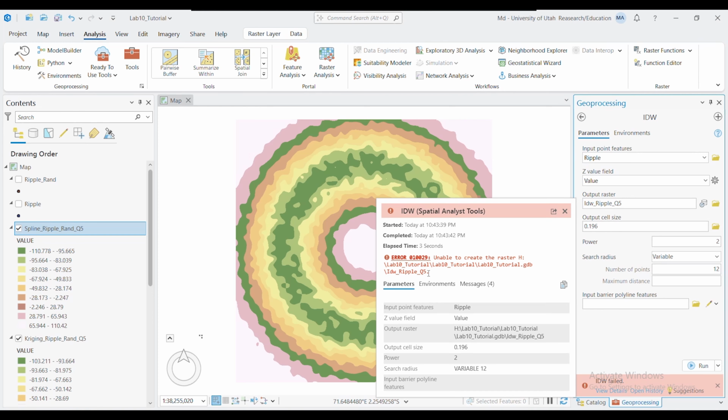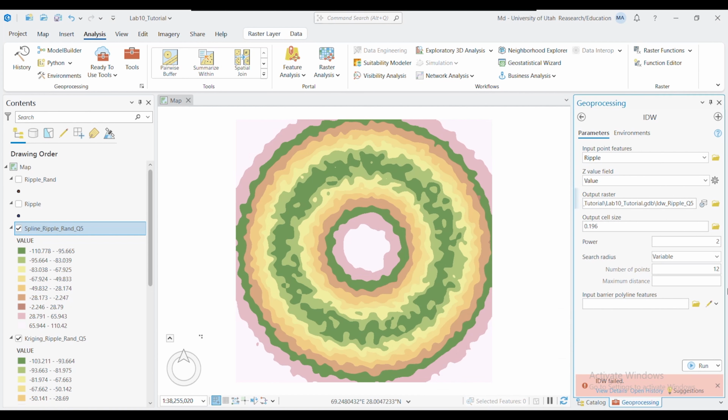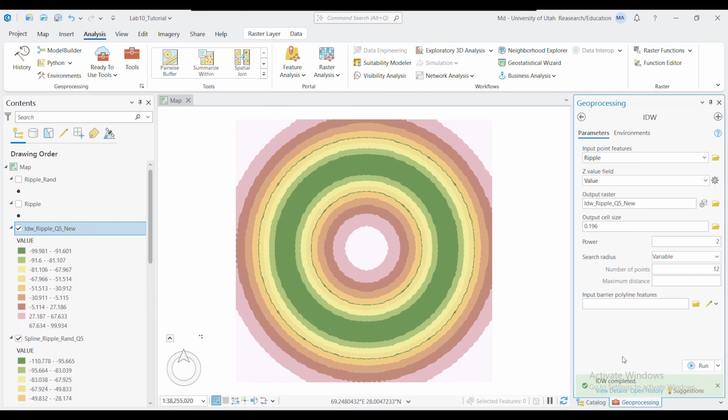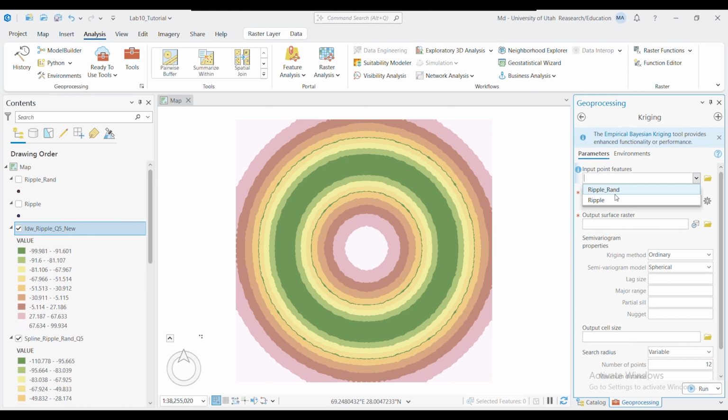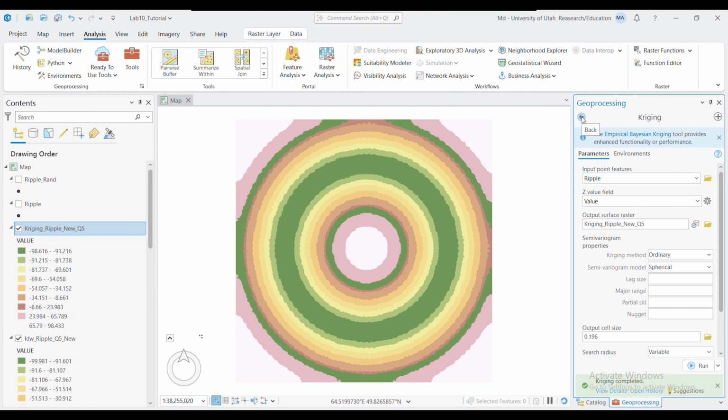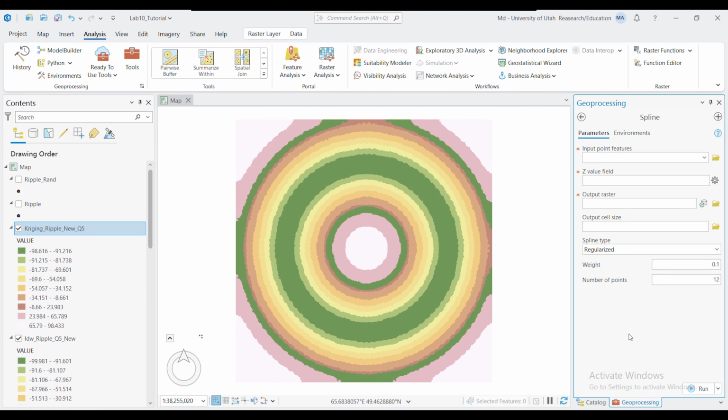Okay, it showed an error as I mistakenly created another raster with this name earlier. So you can just change the name of it, and I hope it will work. Now simply the other settings will be just default, and you will run just using the value field for this ripple feature,